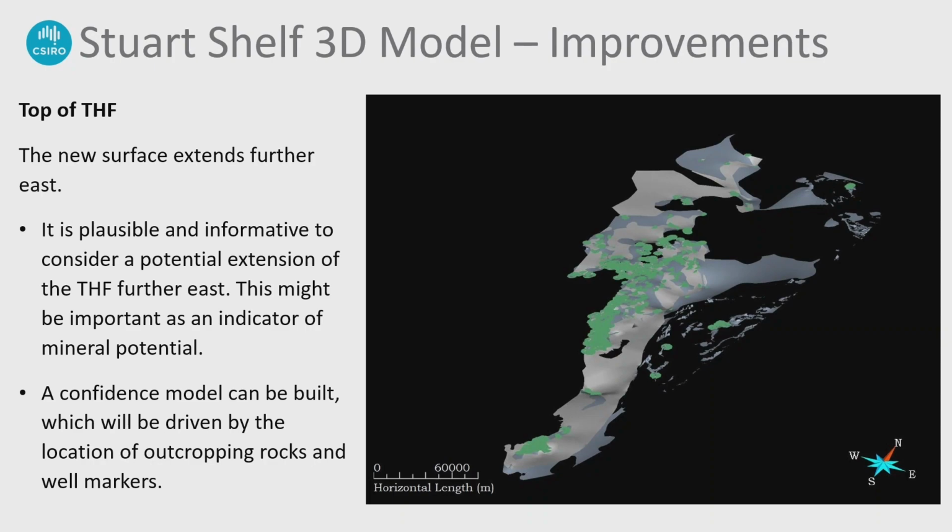There are a couple of differences. We are looking at the Tapley Hill formation. The white surface is the previous surface, and the bluish surface is the new one. There are 2 main differences, especially in the central part of the area of interest and in here, where I think that there is an extension of the Tapley Hill formation. I wanted to show you my reasoning behind the construction of this surface. I might be wrong, I'm open to discussion about that, but